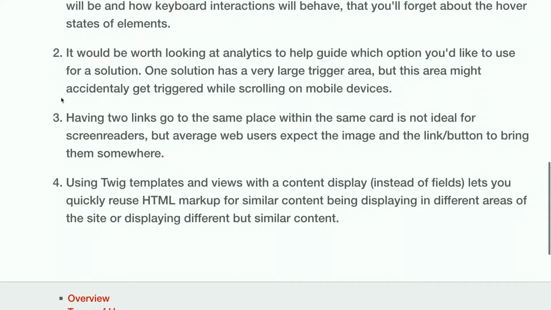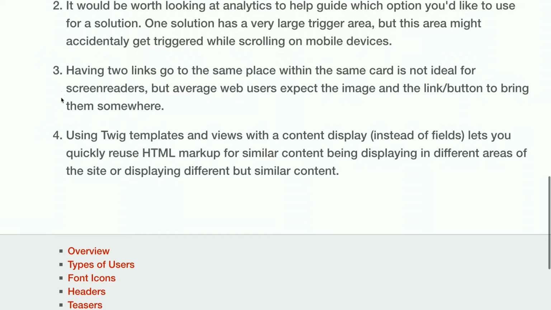Again, you have Twig templates in Drupal 8, making it so easy to reuse patterns and stuff like that. So,